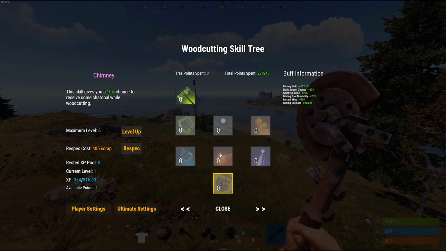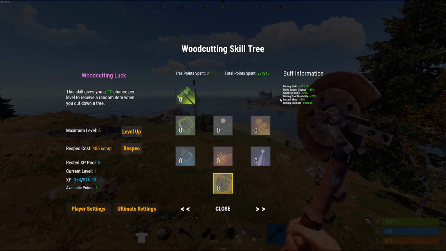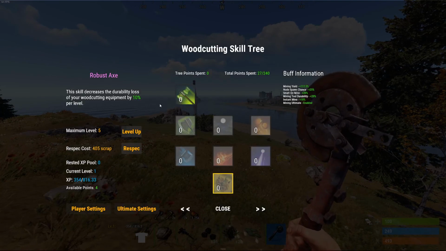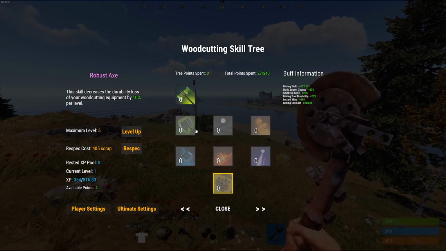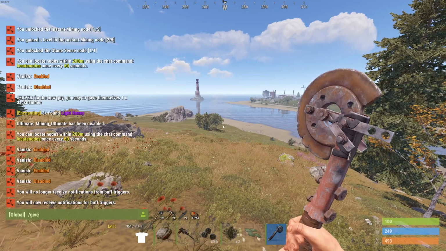And the third one is the chimney. This one here is the chimney. So this one basically gives the player a chance of receiving charcoal in addition to the wood. Woodcutting luck is very similar to mining luck, but it's on its own unique loot table. And then we have robust axe, which again is for durability. But then we have the deforestation ultimate for skill tree, which look, what I'll do is I'll give myself